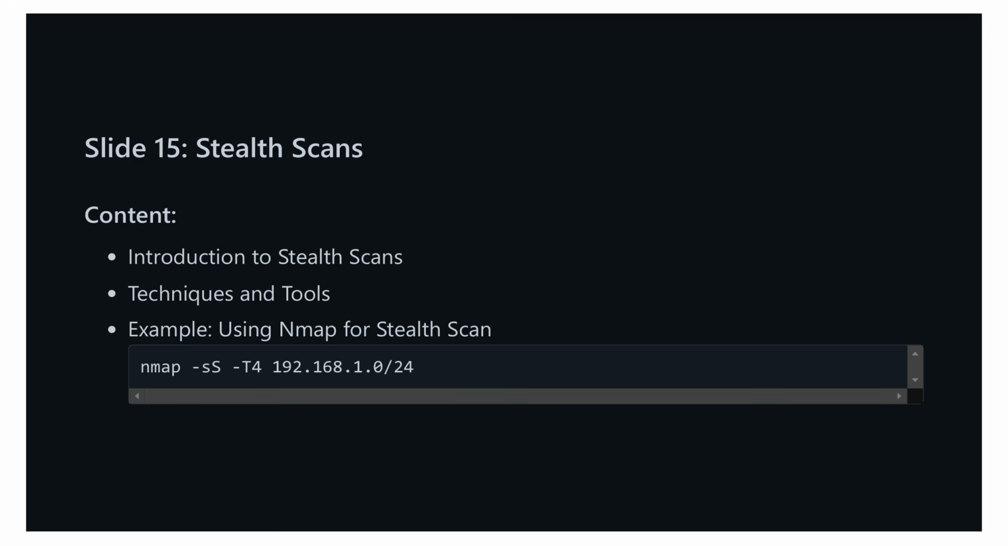Unlike full connect scans, stealth scans send SYN packets and then evaluate the responses without completing the TCP handshake, making it more subtle and less likely to be logged. Various tools can be employed to perform stealth scans, but one of the most popular is Nmap, which is highly versatile and powerful. For instance, you can use the following command to run a stealth scan: nmap